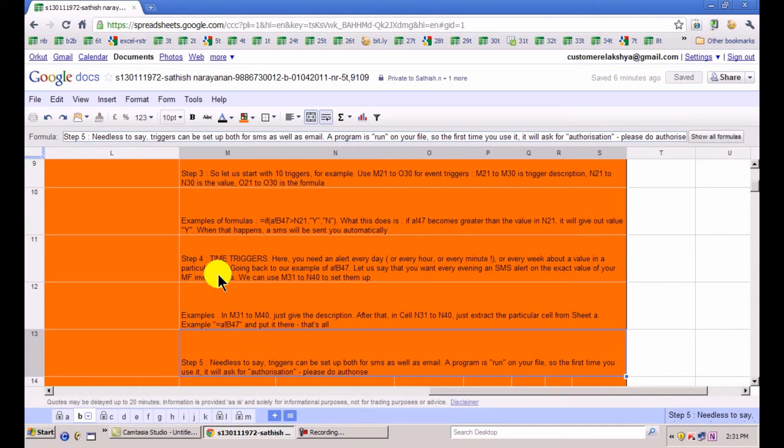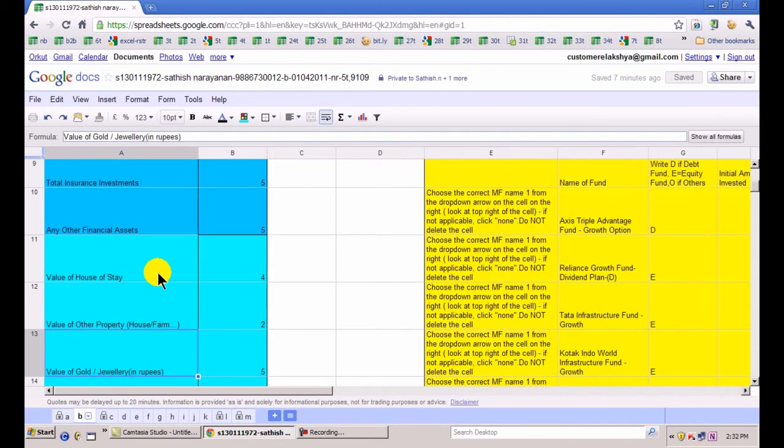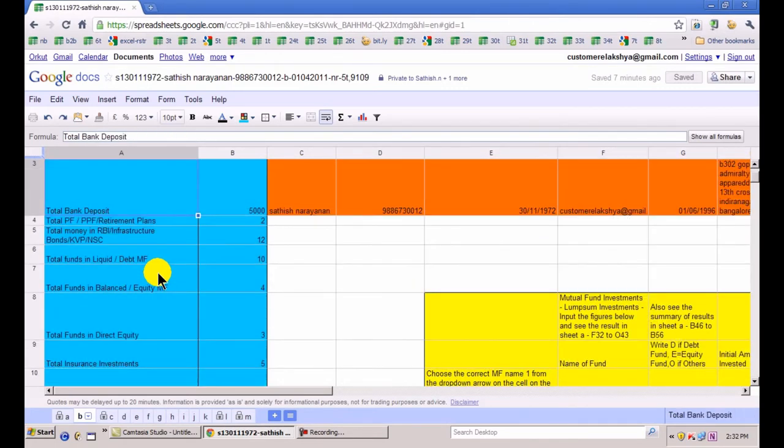It is like your personal assistant again, where it knocks on you whenever any event happens, whenever any data changes as per your requirement in sheet A or any other sheet. So therefore it is like your spouse also. You can always use it for financial planning, where your spouse warns you whenever your savings dip below a particular amount, whenever your investments go beyond a particular amount, whatever it is. So therefore it's an alarm clock, as well as your spouse which keeps reminding you all the time through an SMS or through an email.